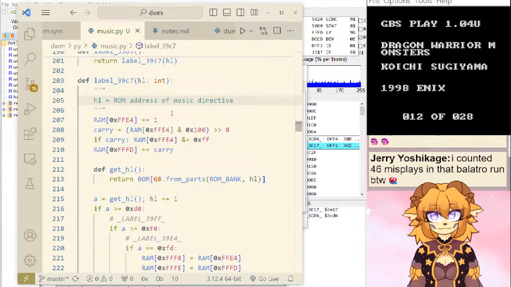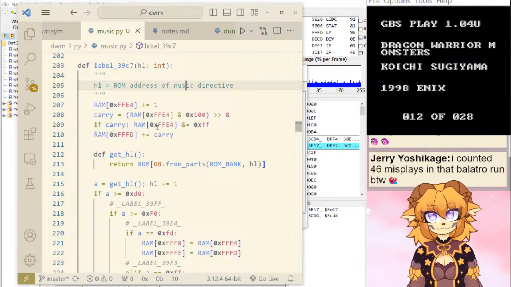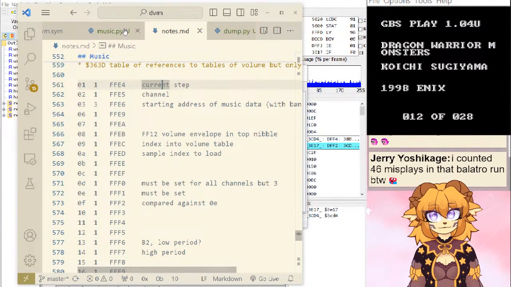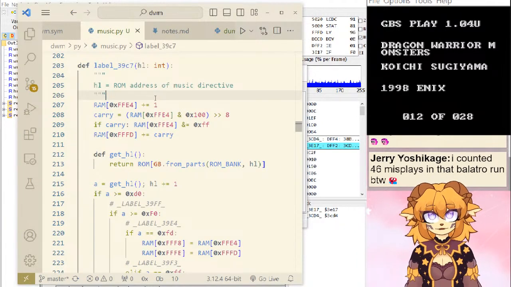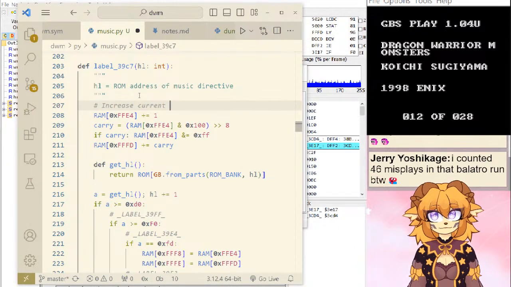So to what extent it's processing it, I don't know yet. FFE4, current step. This current step.